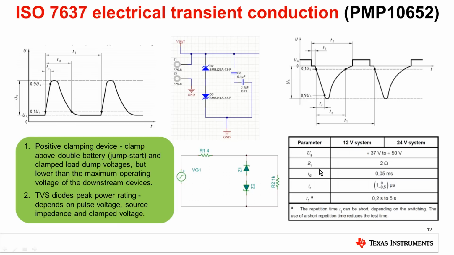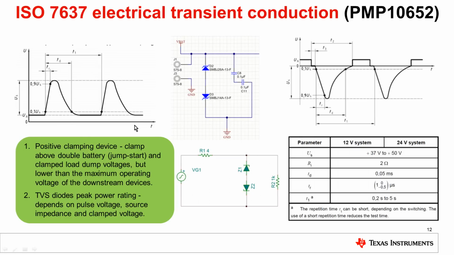So let's go into the parameters here. The parameter mentioned on the right bottom of the screen is of ISO 7637 pulse 2A, which simulates transient due to sudden interruption of currents in a device connected in parallel with the device under test, due to inductance of the wiring harness. So what will happen? This will generate, of course, a positive going pulse here. You can see this positive going pulse here.